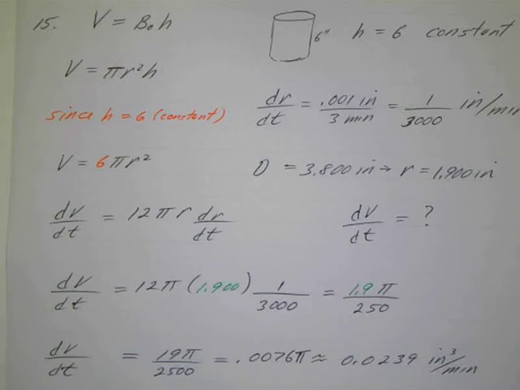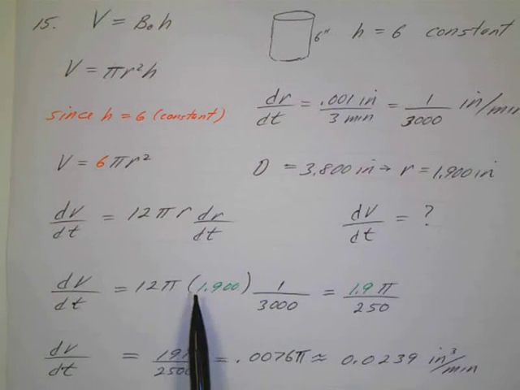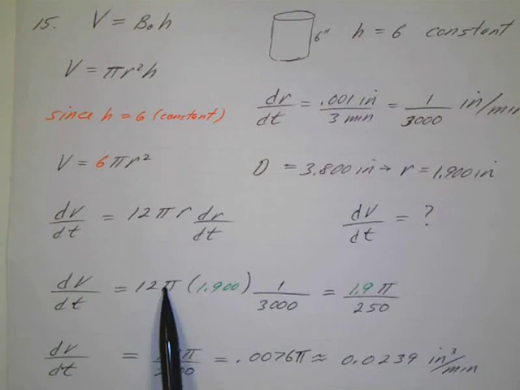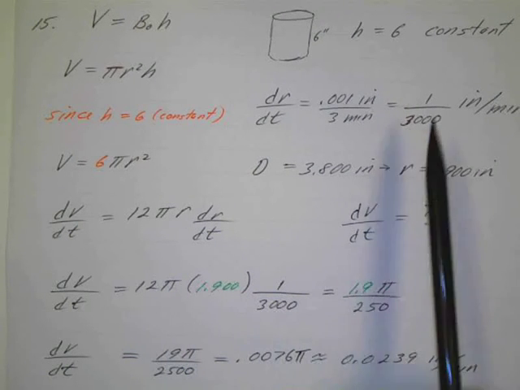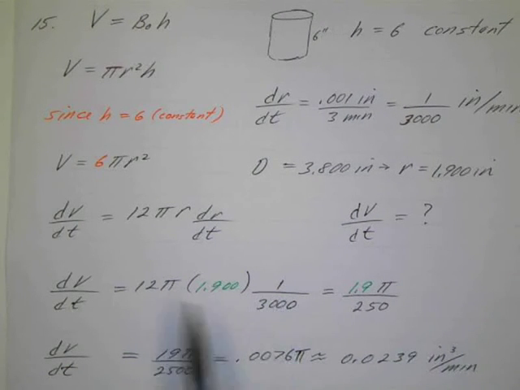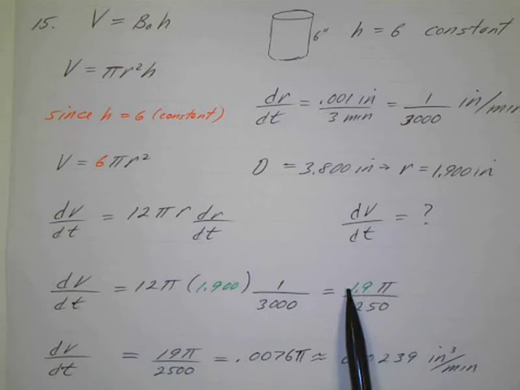And then I just substitute my known values. I know what the radius is. That's 1.9 inches, so that goes here. The 12 pi is constant, so that stays there. And the dr/dt is 1/3000. 12 happens to go into 3,000 exactly 250 times, so I've got 1.9 pi over 250,